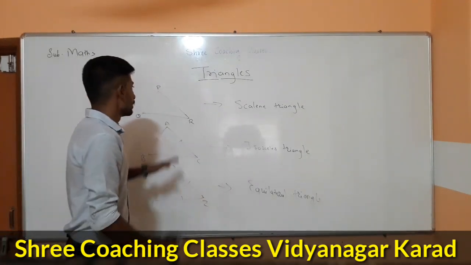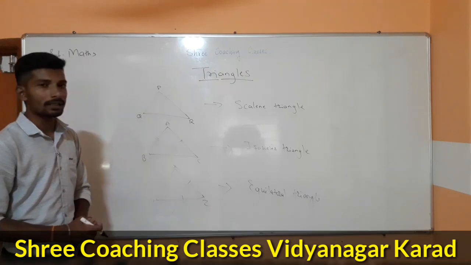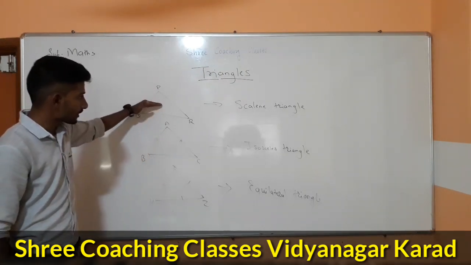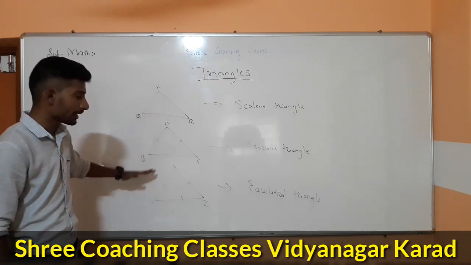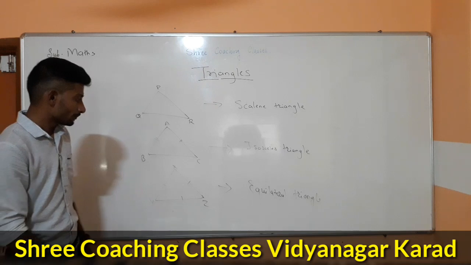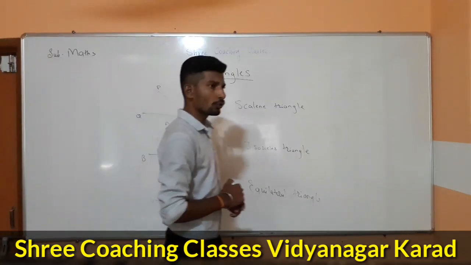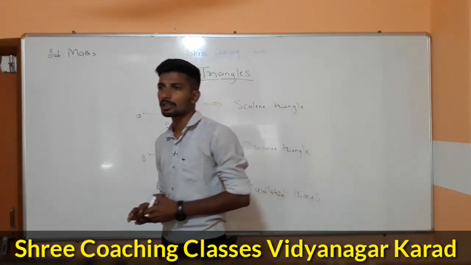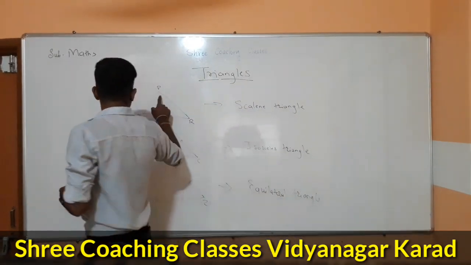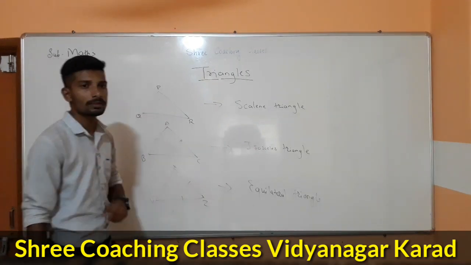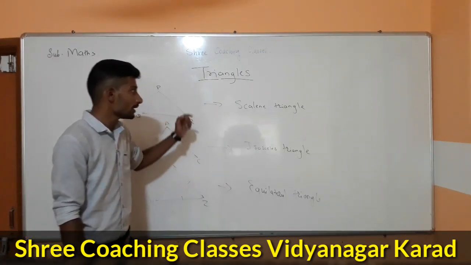Now see, the basic part of these 3 types of triangles are scalene triangle, isosceles triangle and equilateral triangle. Okay, now do you know what is the measurement of the triangle? Okay, what is the measurement of triangle? Whole triangle. If we add all these angles,